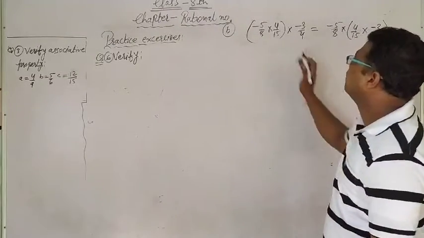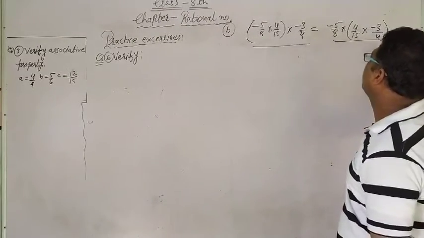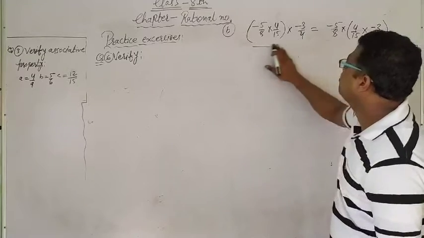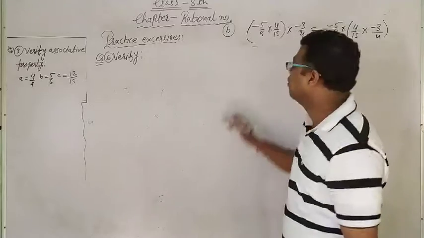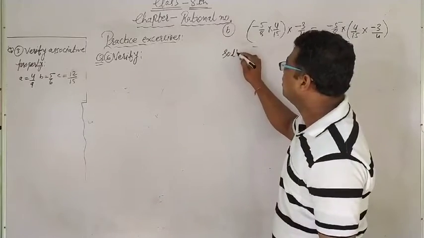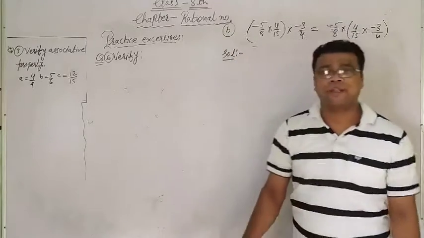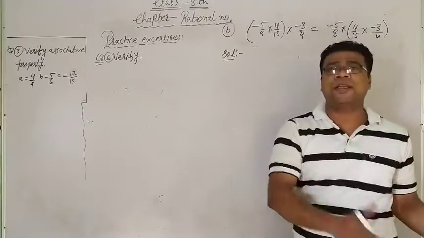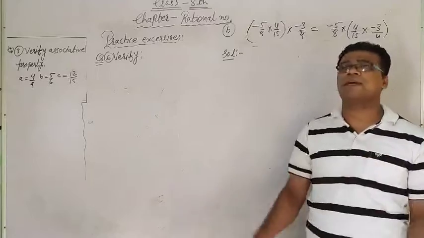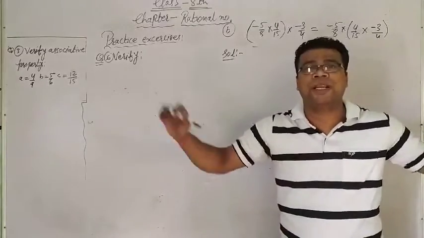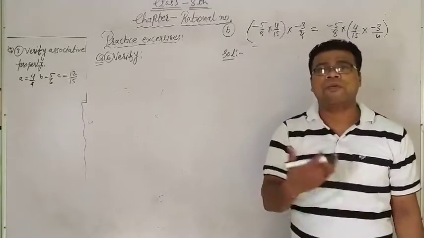Look again. This is the left hand side. This is the right hand side. So this time I am solving both together. No problem, things depend upon you. Either you solve the left hand side separately and the right hand side separately, otherwise, if the space is there and the question is not very lengthy, directly we can solve both the sides.